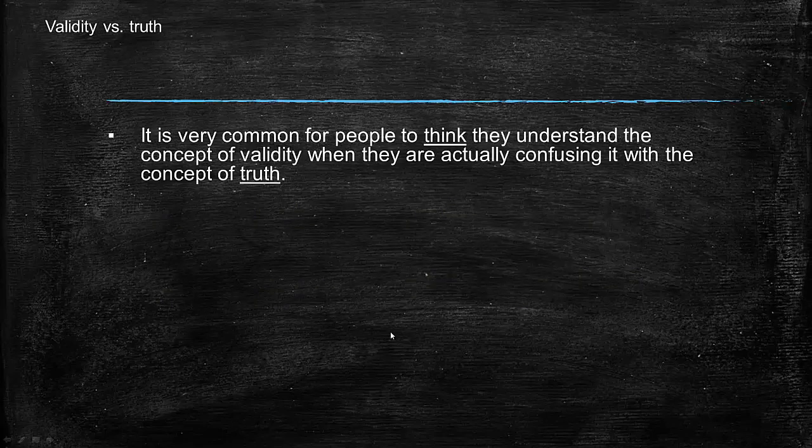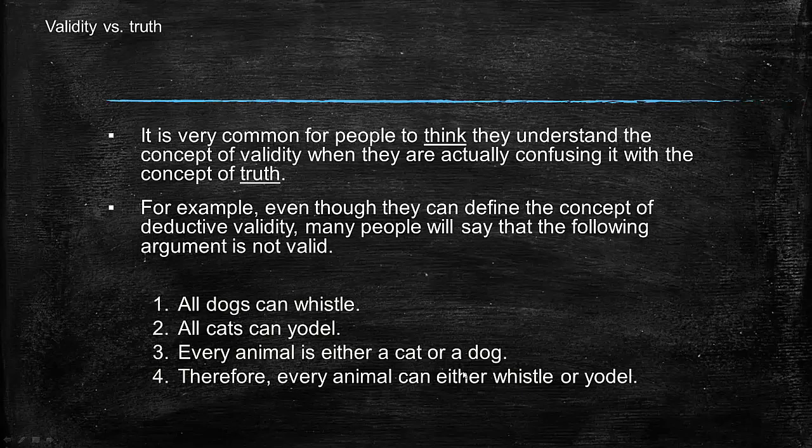Now, it's very common for people to think they understand the concept of validity when they're actually confusing it with the concept of truth. So valid is a kind of goodness, right? It's a good thing. It's a form of correctness. And truth is certainly a good thing. We have sort of pleasant, positive, good feelings about validity and truth. And because of that, we often tend to confuse them a little bit. So here's an argument. Again, 3 premises and a conclusion. Think about it